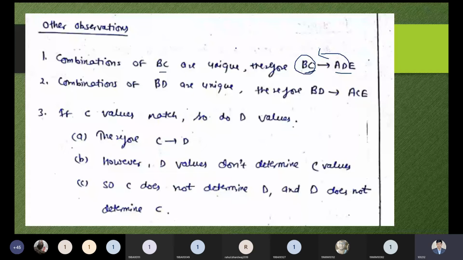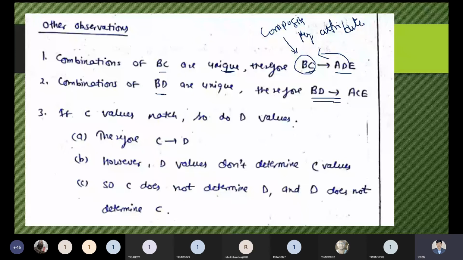Right now we are talking about the composite attribute in the form of a key attribute. So here it is known as the composite key attribute. This kind of dependency is also possible because we have uniqueness. The combination of BC is also unique, and therefore this kind of dependency is also possible.